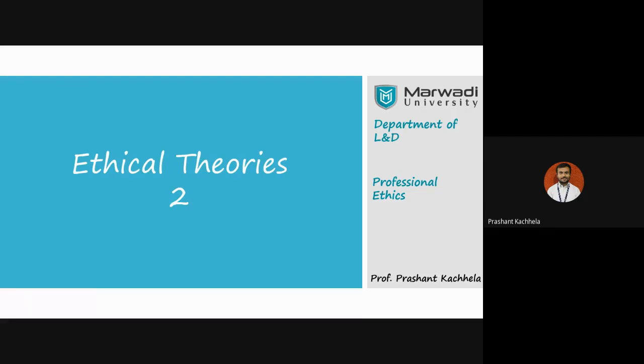Now let me tell you what we are going to do today. As a part of today's session, as you can see, this is about ethical theory part 2, where we are going to discuss 10 different ethical theories. All the theories have their own different meaning, and in between, I'll also tell you what that meaning is and what the main motto of that theory is. You will also notice that one theory is talking about north, the other theory is talking about south. That means they are completely opposite in meaning.